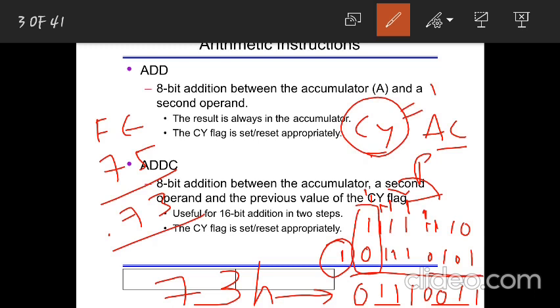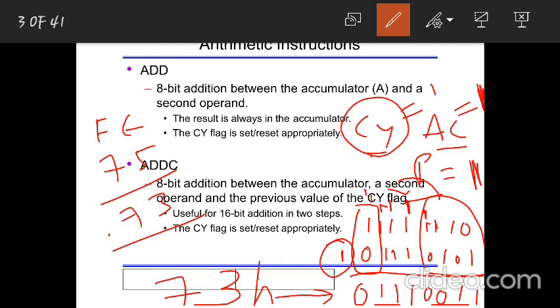That means, see, this is the lower nibble, and from here you are getting a carry. That means if you have a carry from the D3rd bit to the D4th bit, then auxiliary carry will be equal to 1. Okay, is that fine? Next, parity bit. So parity bit is nothing but even parity or odd parity will show that. So just check the result. In the result, how many ones do you have? Odd number of ones. So that means this parity will be equal to 1. If you have an odd number of ones, this parity bit will be equal to 1. If you have an even number of ones, then this parity bit will be equal to 0.